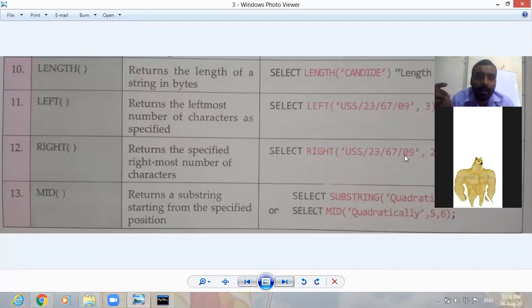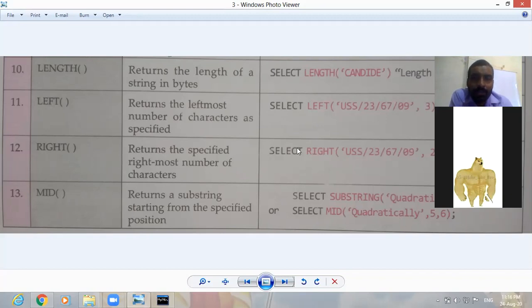Then there is use of mid function. Yesterday I had told mid function is just like substring function. As your substring function provides the text in the given range, in the same way mid function also provides the text in the given range.